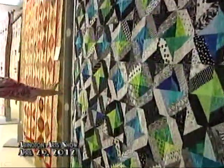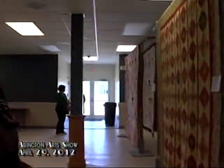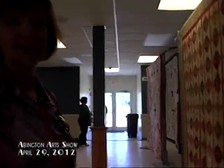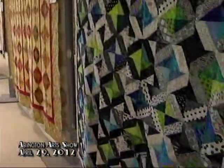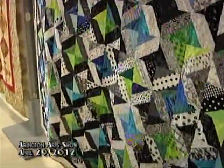This is Paula Whalen's other quilt with black and white fabrics, and she's used teal and lime green in this one. So it gives it a whole different look, but it's the same block, same black and white fabrics. She machine quilts all her